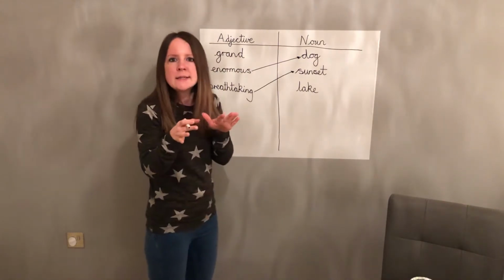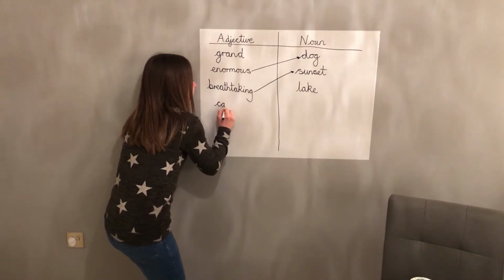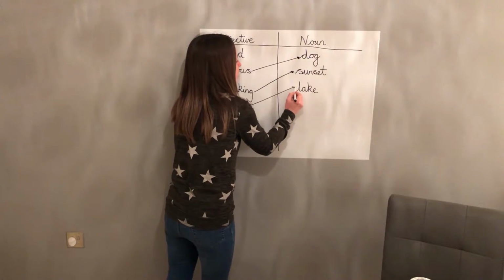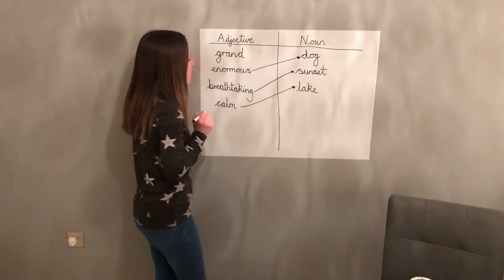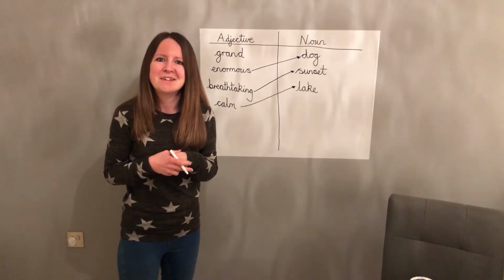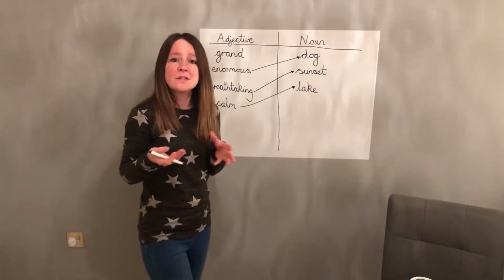Okay, and my lake is going to be nice and calm at the moment. So I'm going to have the adjective calm, okay, to describe the lake. So I'm going to have a calm lake, a breathtaking sunset, and an enormous dog. Okay, brilliant. Another challenge that you could do with this game, and it's up to you if you want to play it like this or not,